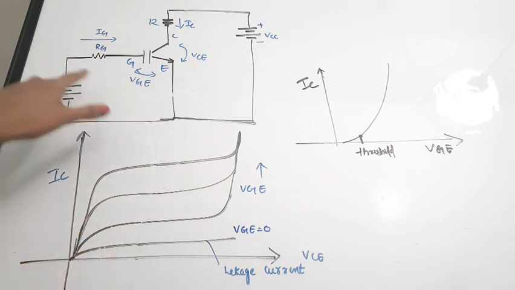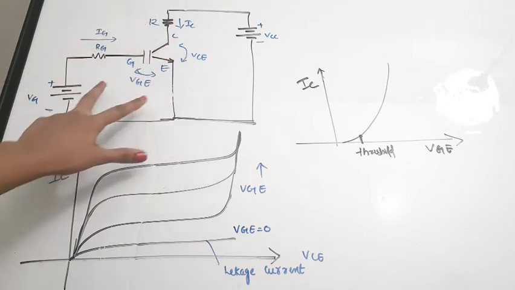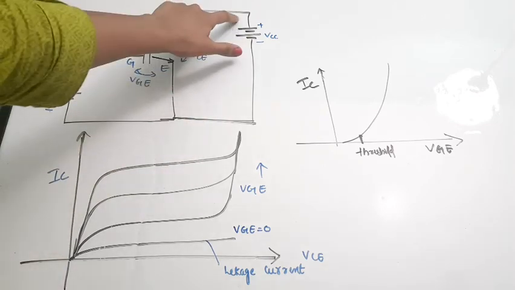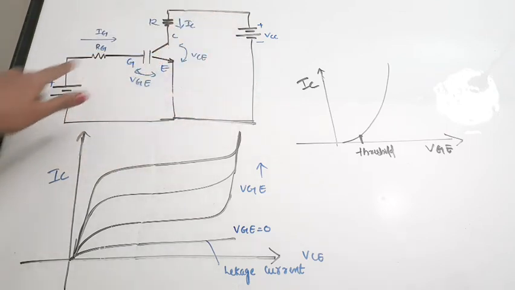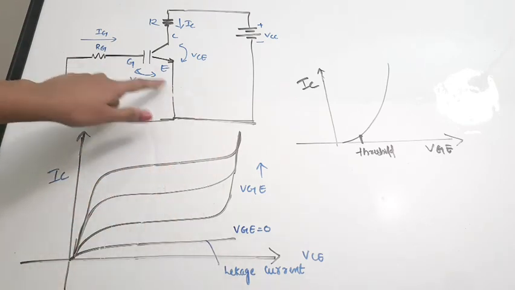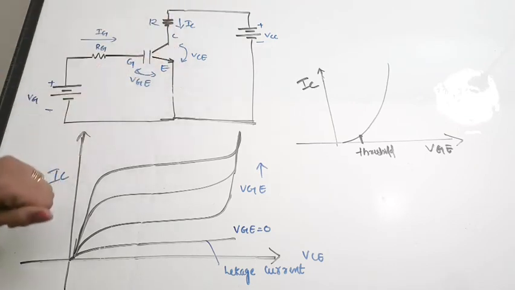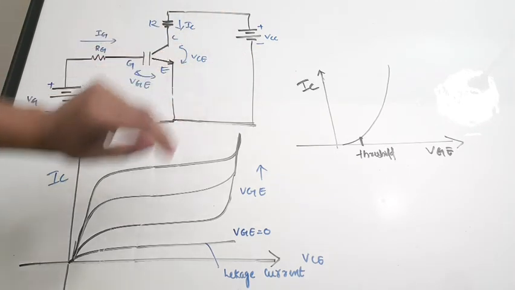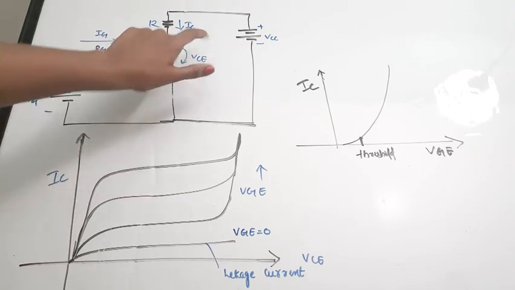So this is the VG voltage that we have applied in between the gate and the emitter terminal. While discussing the layer structure, we have seen that there is a VG voltage applied and also there is a VCC. See, the connection or the polarity of the voltages is also the same. Positive is connected to collector, negative to emitter. Here also positive is connected to gate, negative to emitter. So there is a voltage drop happening in between these two terminals, that is gate and emitter, which is VGE. And also there is a voltage drop happening in between the collector and the emitter terminals. This is the output side, so that is VCE. So the input voltage is VG and the input current is IG. Output voltage is VC and output current is IC.